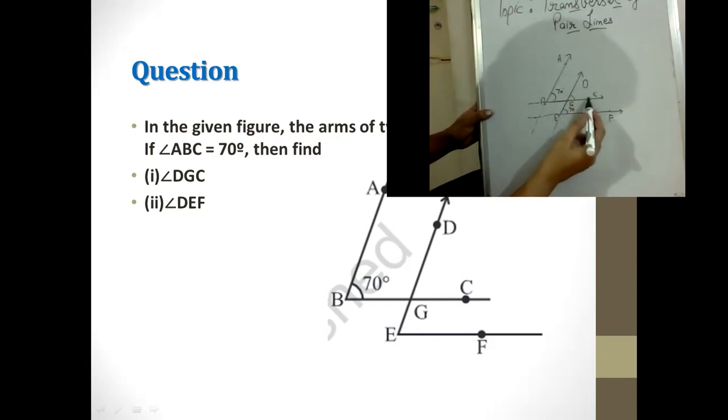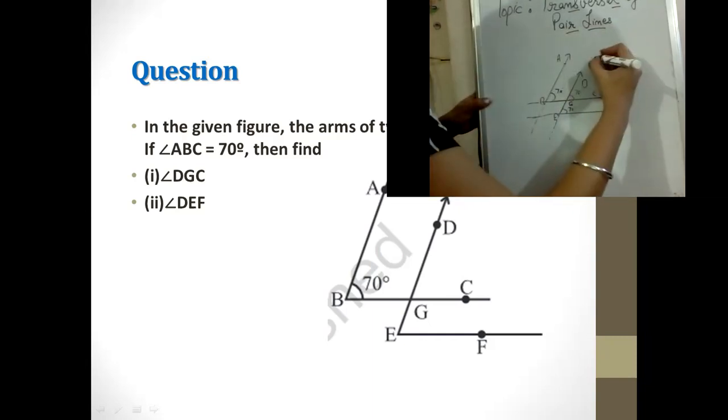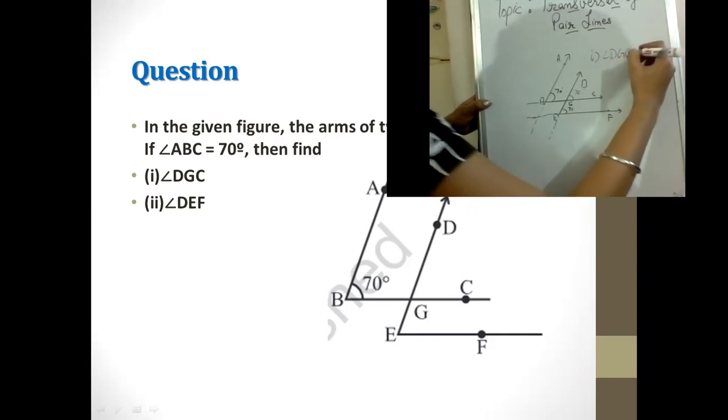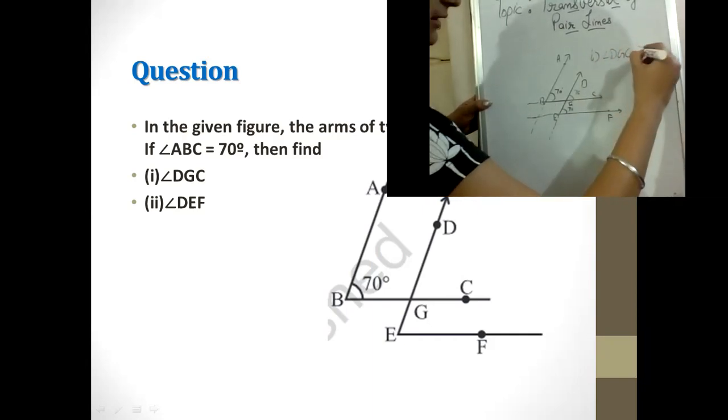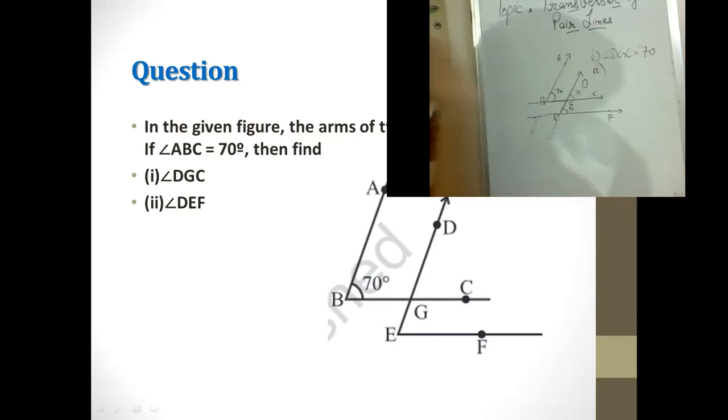So what about the other one? How could we find this one now? We know that this was really not required, but I have told you this whole angle. Here you can see how we can compare these. Angle B is equal to angle G as corresponding angles. So we can say that it is also 70 degrees. So this is what we solved first. That is, angle BGC would be equal to 70 degrees by corresponding angles. Okay.